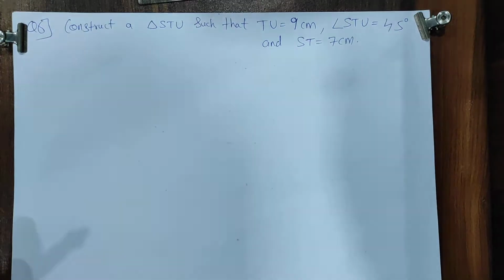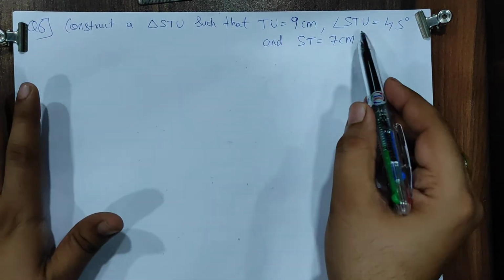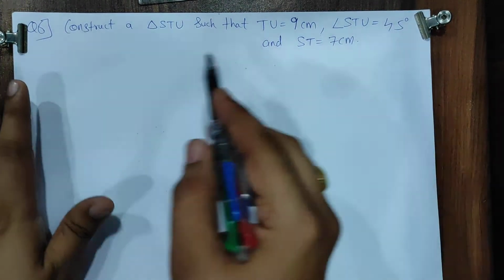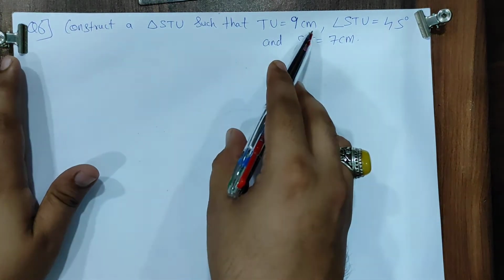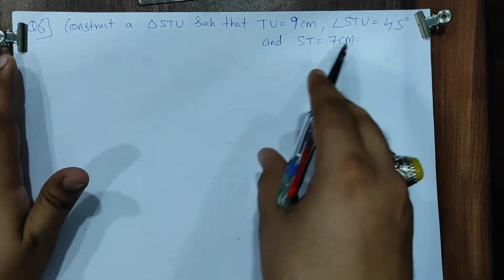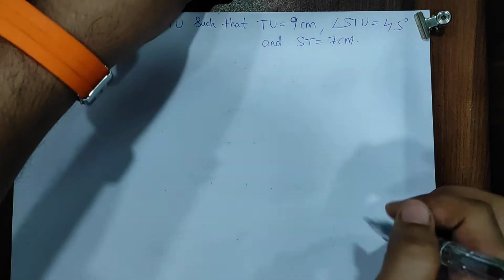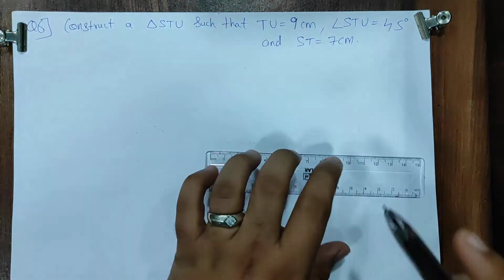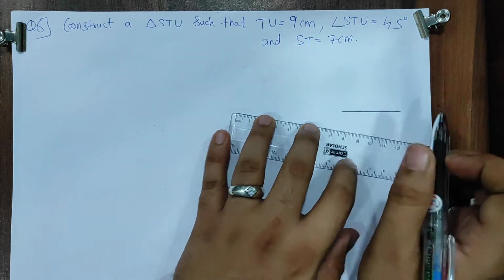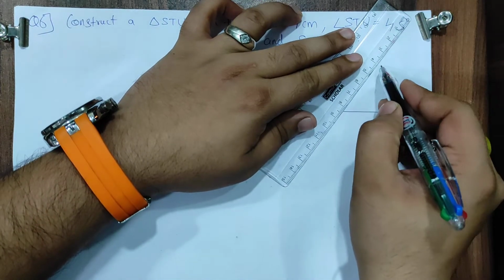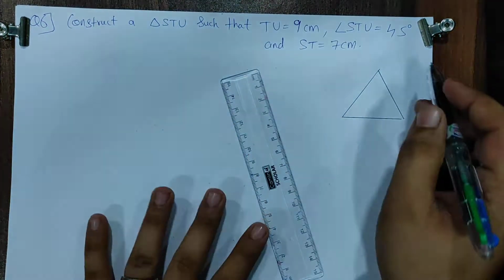Okay, students. Now please see here, all of you. Now we are making a triangle in which the 45 degrees is involved. Pay attention. Construct a triangle STU such that TU is 9 centimeter, STU is 45 degree, and ST is 7. First of all, any angle which is given should be made on the base. So it's compulsory to draw the rough diagram over here, rough figure, what we say. Now see here. Let me make a rough figure over here. Angle should be 45 degree.